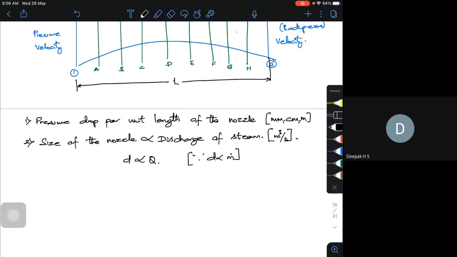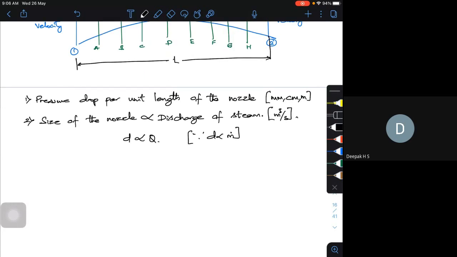Okay, and also your mass flow rate, what I told you. Your mass flow rate is given by m dot is equal to rho into A into your velocity. Fine. Or I can write the same thing, as already we have seen, as A into velocity by your specific volume.